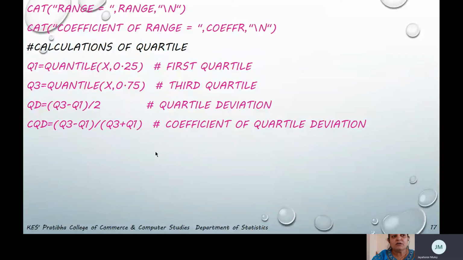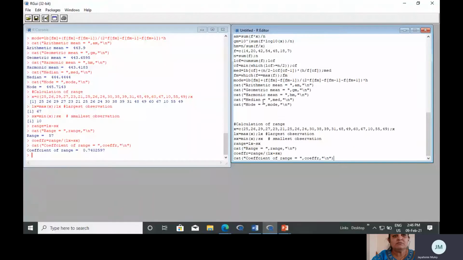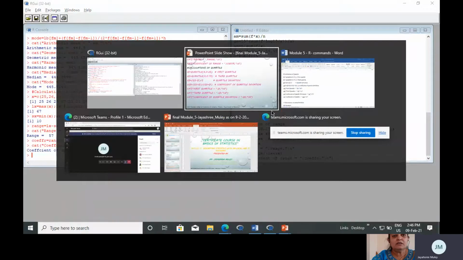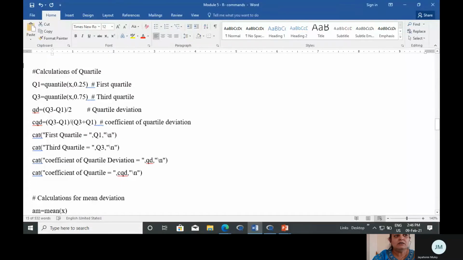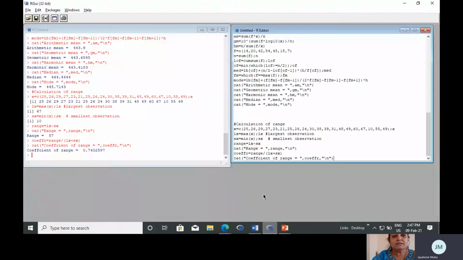Then the coefficient of quartile by the formula Q3 minus Q1 divided by Q3 plus Q1, and then we will take the output, or display, of all these values. So we will take the command from this, we will copy the command in R from the Word file for quartile. So that one you will get it as,